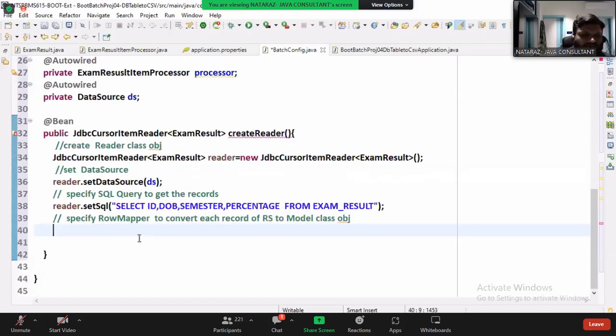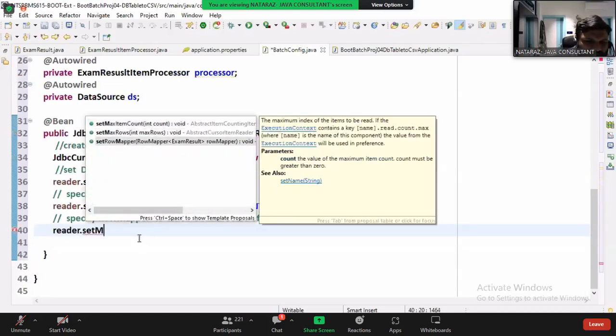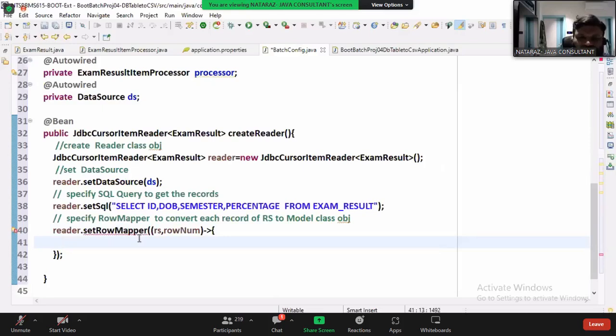Reader dot set row mapper. Now here, what is this? rs comma rowNum. Super. rs comma rowNum. New ExamResult of